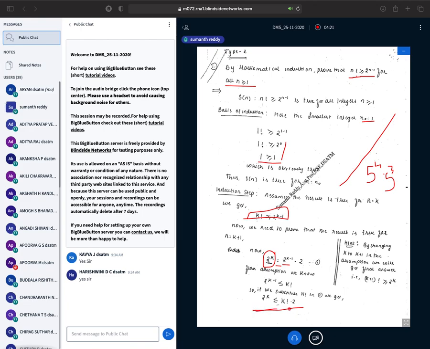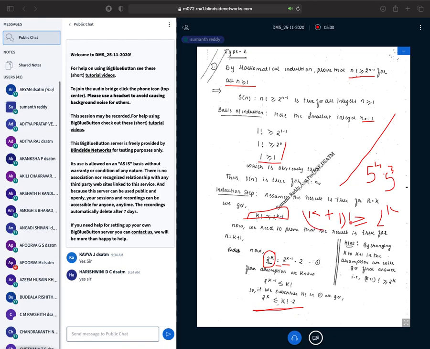Now the final answer that is required is, as I have told you, to replace k with k plus 1. If you replace that, the final answer will be k plus 1 factorial is greater than or equal to 2 to the power of k plus 1 minus 1, that will be equal to 2 power k. So this is the final answer required for me. In order to get that, I already have 2 power k lesser than or equal to k factorial into 2, where I need to replace that with k plus 1 factorial, right?